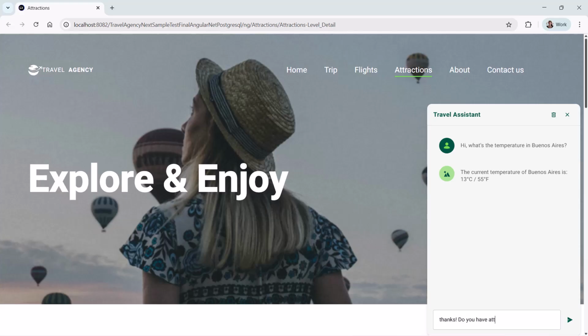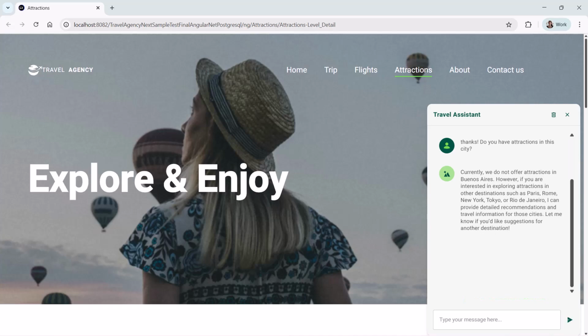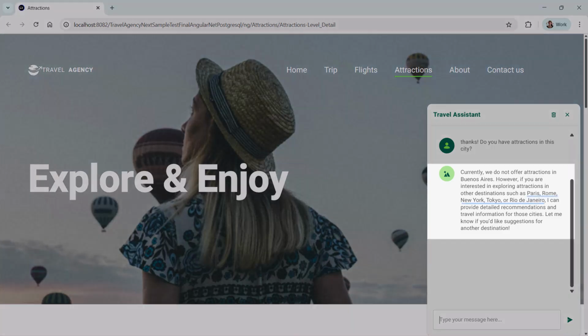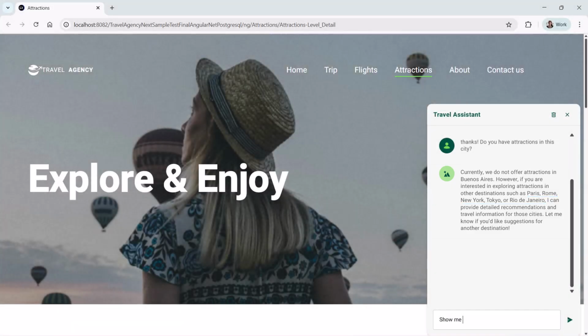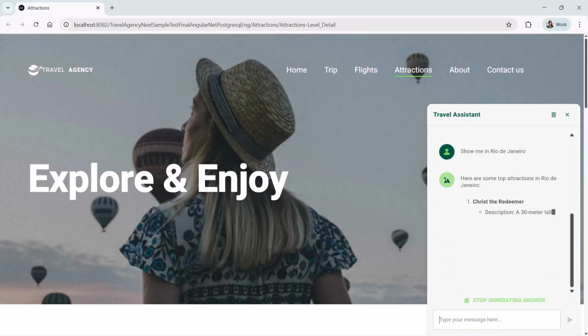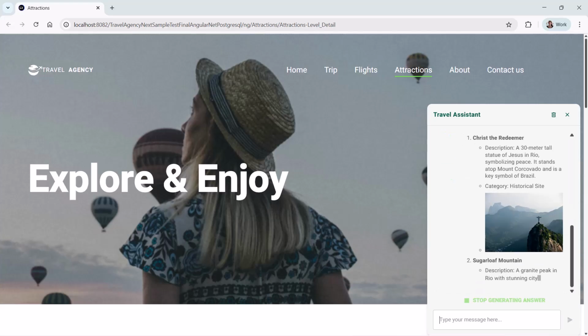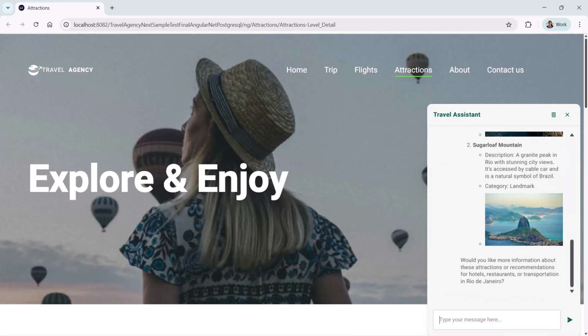At the same time, if we ask him this other question, you know that you should not answer with information from the internet, but exclusively with your own. At the moment, there are no attractions in Buenos Aires in the database, but apparently there are in these other cities. So let's ask him for the attractions in Rio de Janeiro. He even shows us the photos in the database. But he is not allowed to answer about anything. So, if we ask you this last little question,